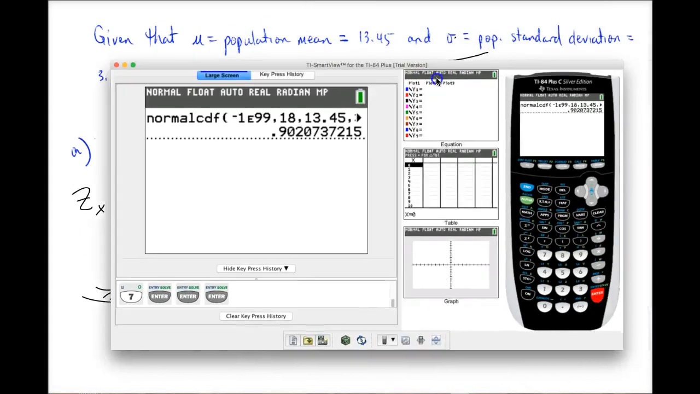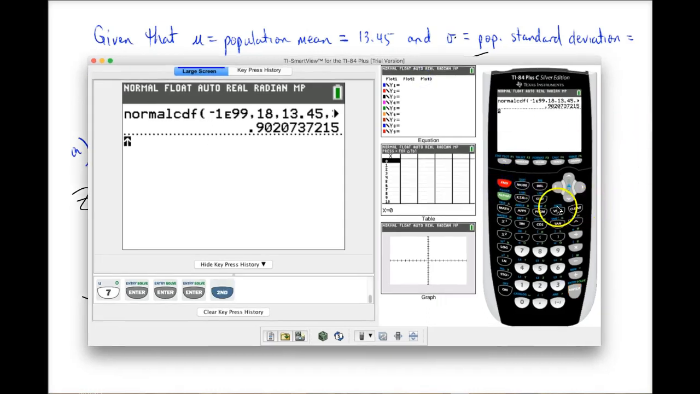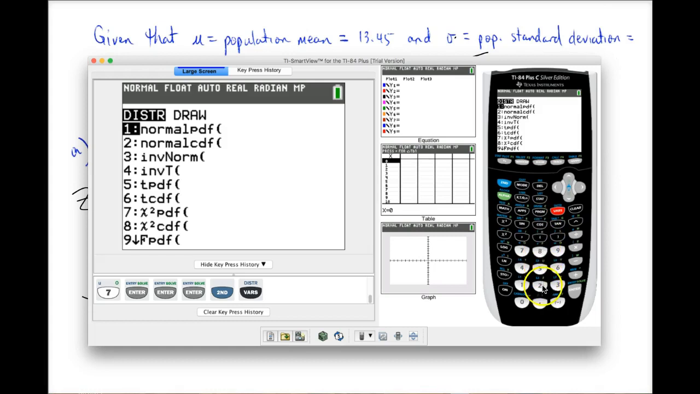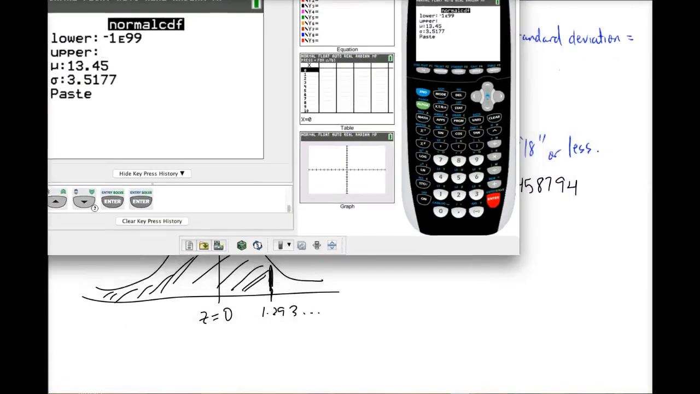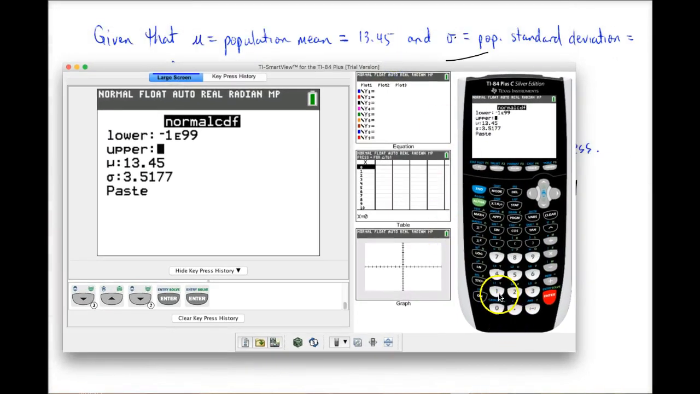So let's go back. If we go back to second vars and then select option 2, I'm going to go ahead and erase all these values now. Won't let me do it. I thought I could go up one, but that's fine. We'll just type them in. So for our upper limit, instead of typing in the data value of 18, now we'll type in what the z-score is. It'll be